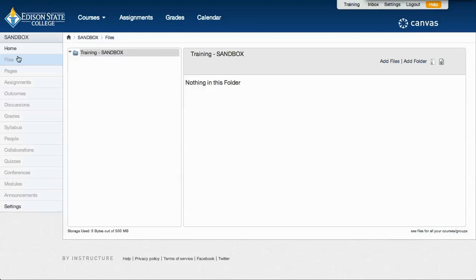This will open up the file repository for the course. You'll notice the top folder is named with the title of the course. That's the main folder that all of your course files will be in. It's important to organize your files into folders. The more organized your files are, the easier it will be for you and your students to access them after